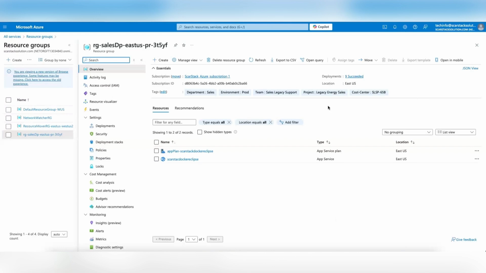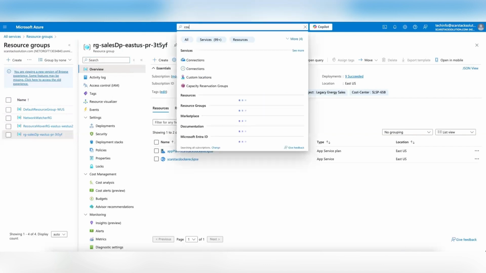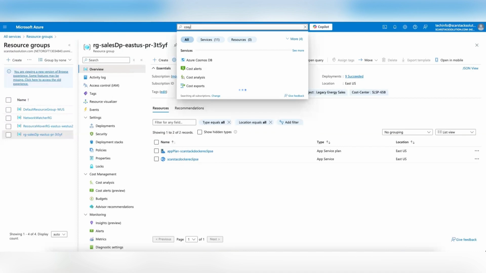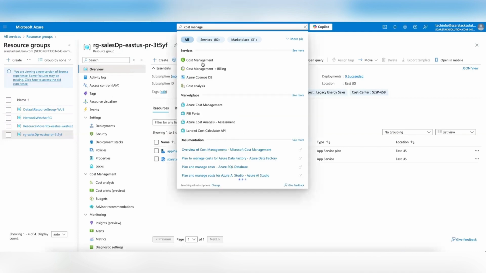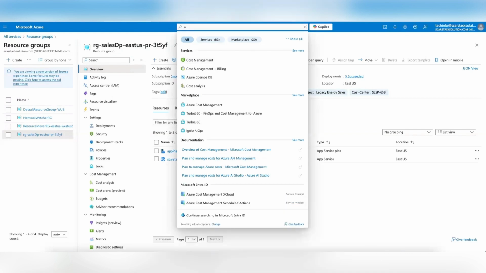And so that's what tags do. They give us a very good explanation of what's going on. So it's very, very important. Now, from the business perspective, people can also use this to know who to bill, which teams in the cloud environment. So here we see a cost center. As long as this team follows due process and they create a resource and choose the right cost center, somewhere within this Azure environment, either through a tool called cost management, as you can see it right there, or through other tools like our Azure subscription,